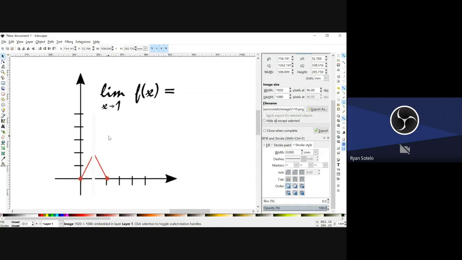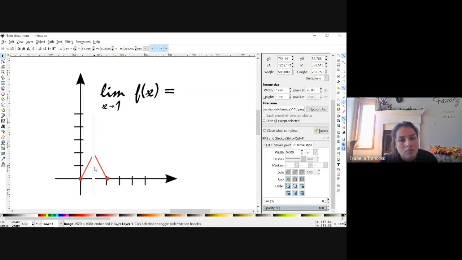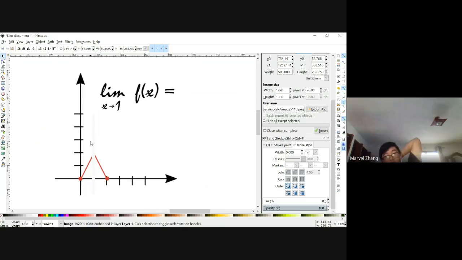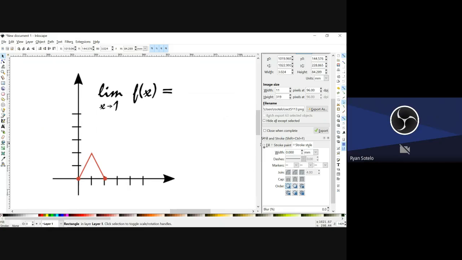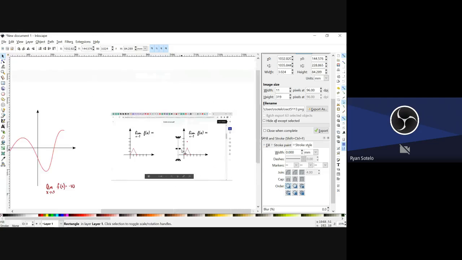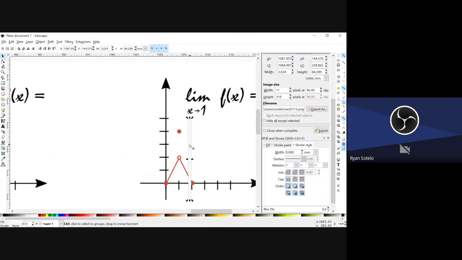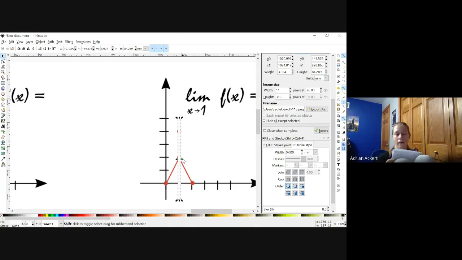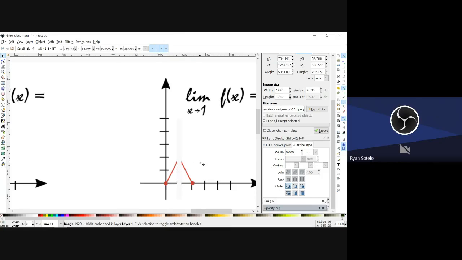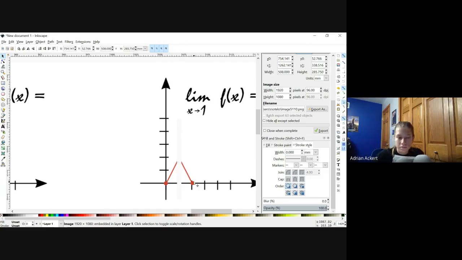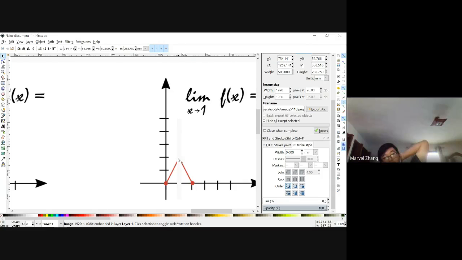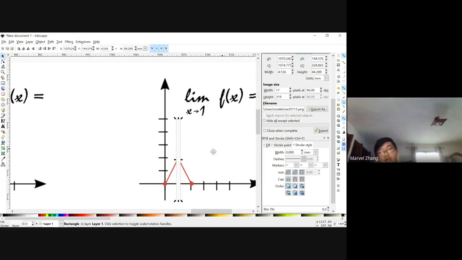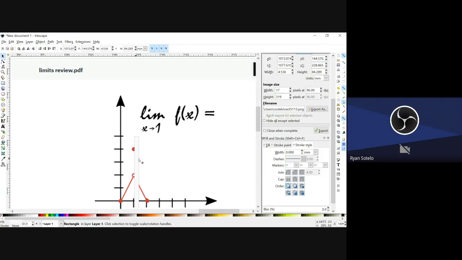Ignore what's happening at the point 1. What does the left-hand limit look like it's doing? 2. And on the right-hand, 2. Now notice this one. This one doesn't actually evaluate at 3, but again, it doesn't matter about the point itself. What does it look like it's going to be? 2. And this one? 2. So it is 2.